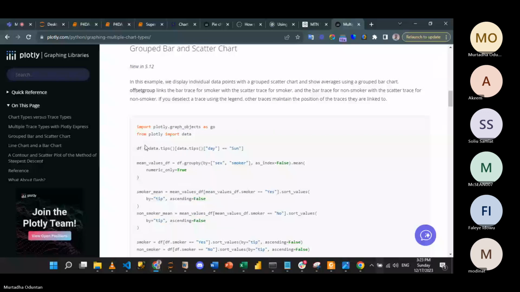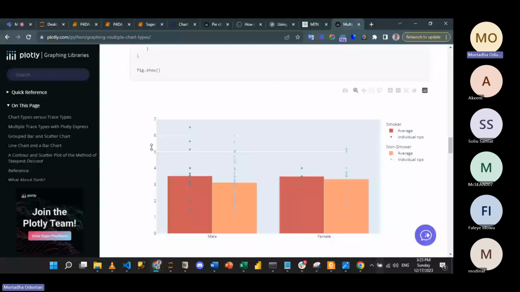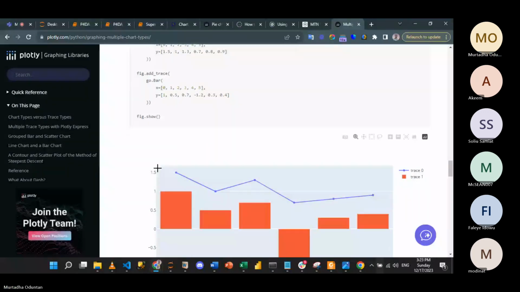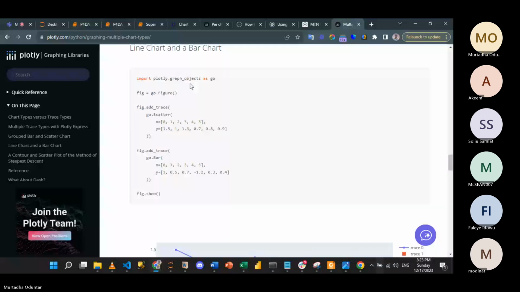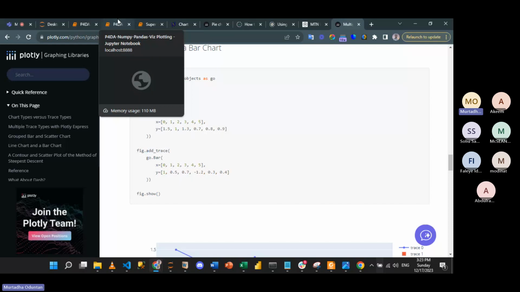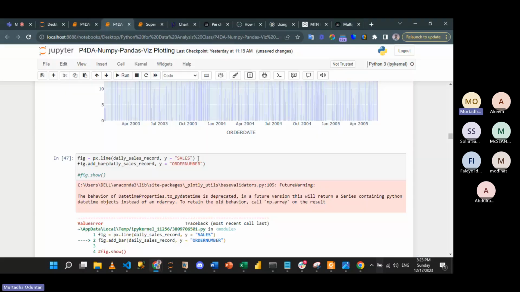I don't know why this is not working. It's supposed to work. It's supposed to have just this. Let me just use. Okay, another method we can use is another library called the